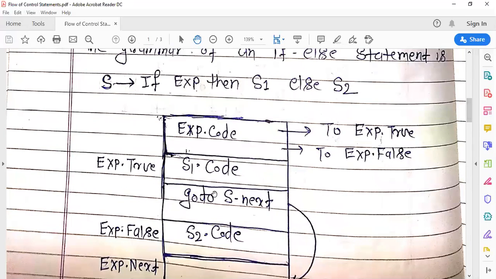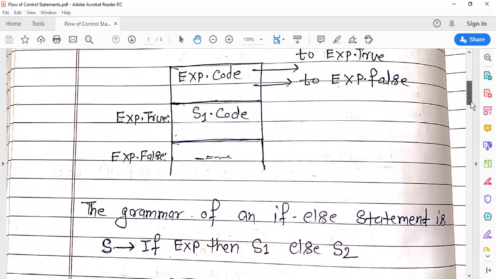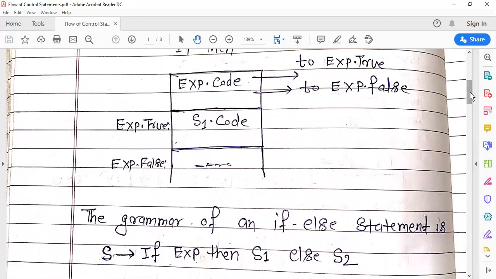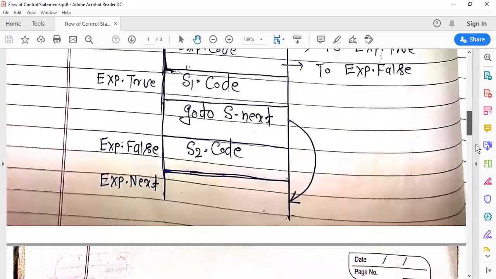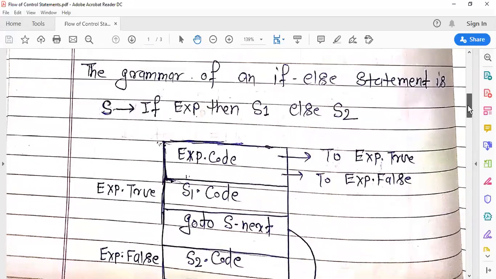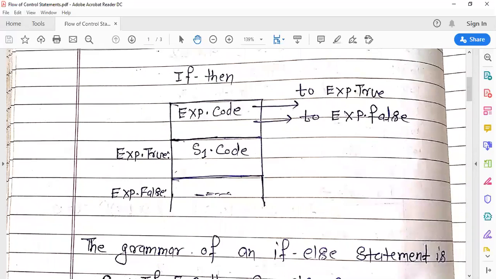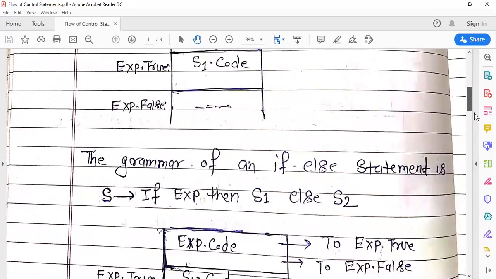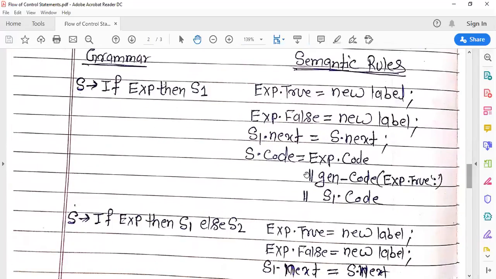You can see here in the if then, S.code is generated from exp.code. Exp.code has the boolean expression, like I already discussed how to write the three address code for a boolean expression, for example if m less than n.